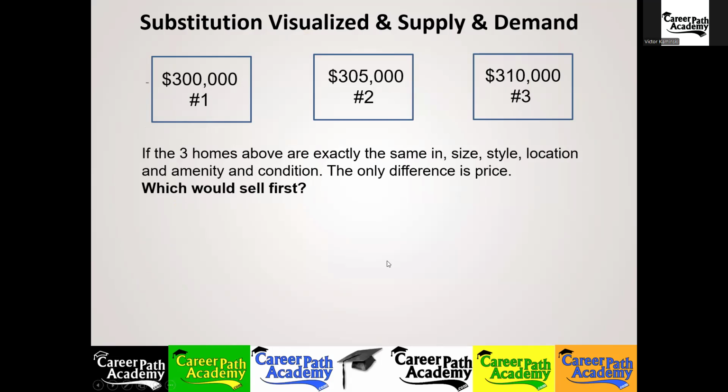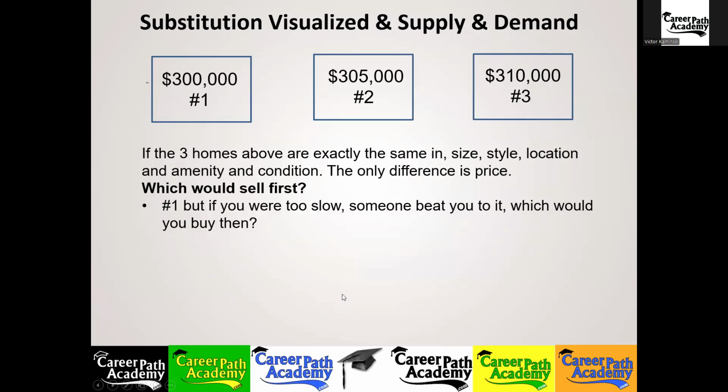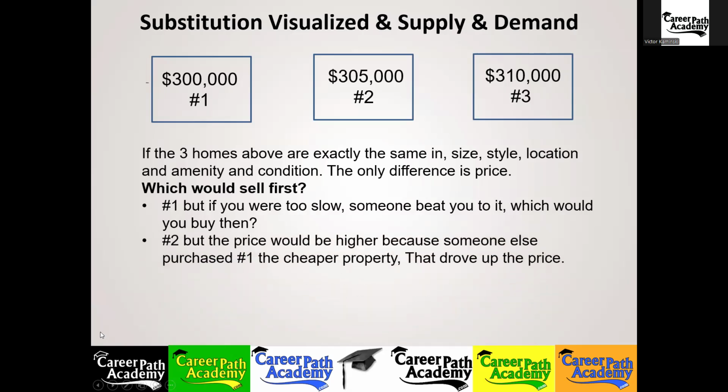And you're not the only one that thought that way, and somebody beat you to the punch. Now, which one would you buy? Two. Yeah, 2. That's the theory of substitution. That's how that works: the value is set by the cost of purchasing another substitute property. Now, somebody beat you to that one. Now you'd be for 3, but 3 is probably going to sell for more than the asking price because the supply is dwindling, but the demand is still there. So this is probably going to sell for even more. And that's a good segue to supply and demand.